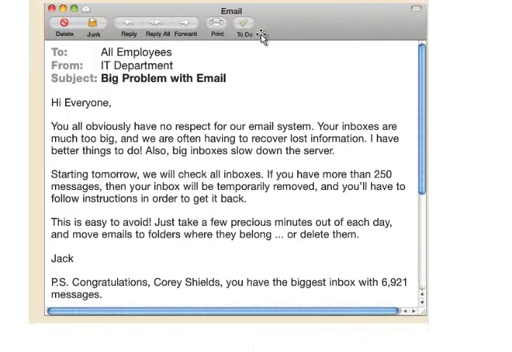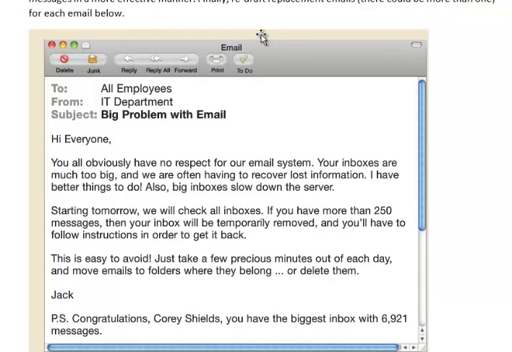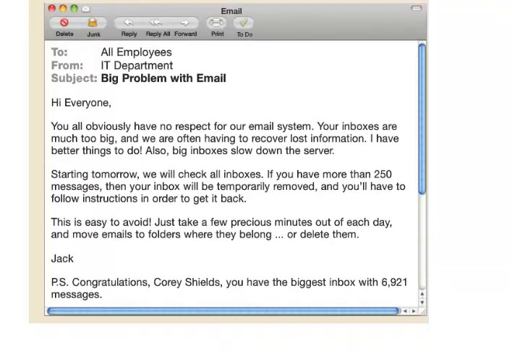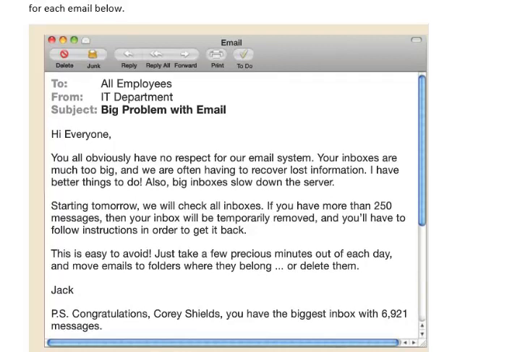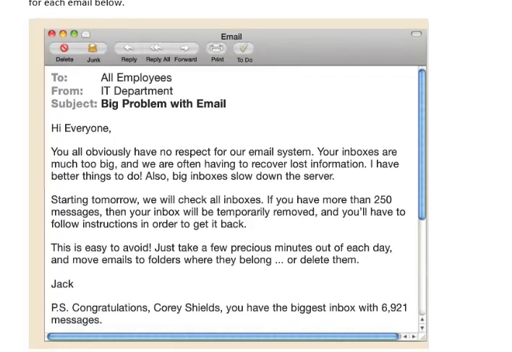So for each one, we want a section explaining why these emails are bad and what can be improved, how you would improve them, and then we'd like you to take a crack at actually doing them. The first one starts off in a very negative tone. Remember we discussed before about that negativity? Even if you have to be negative, and certainly a criticism does have to be negative to some extent, you want to try to word it in a way that is as positive as possible.